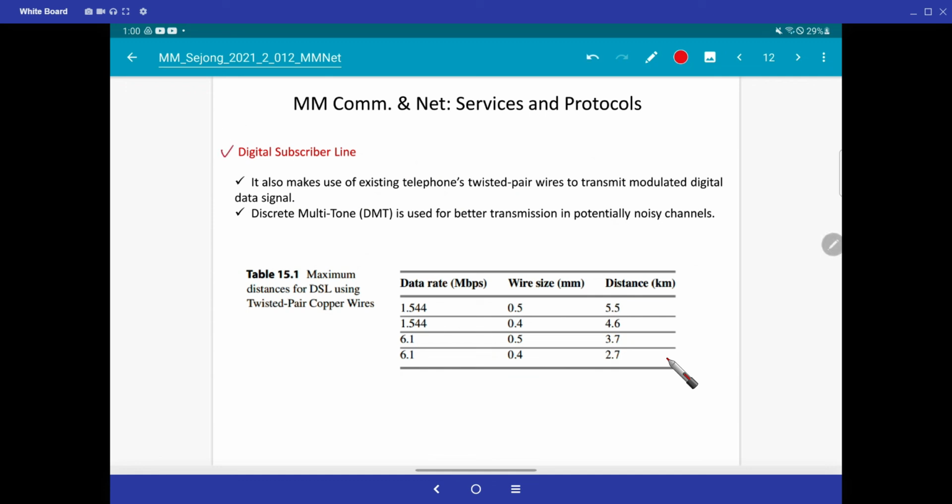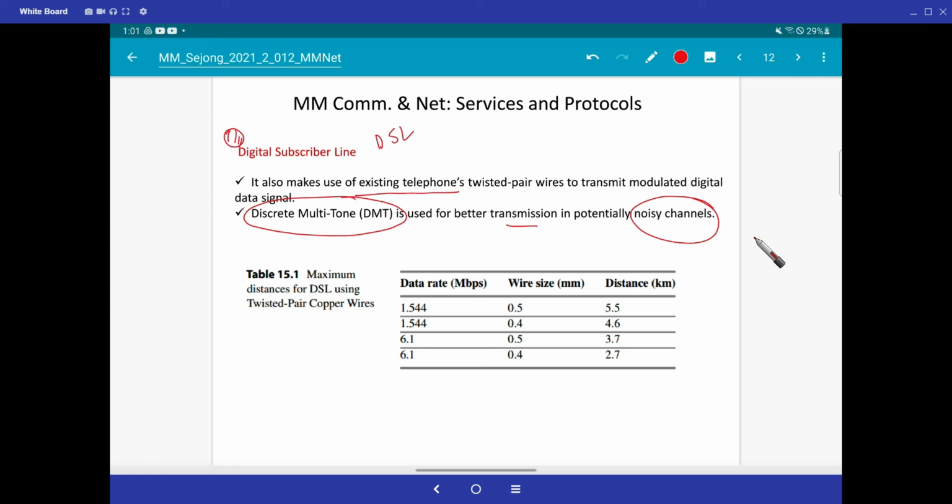So now the thing that came is digital subscriber line, or DSL. This is definitely an access network technology. It also uses the existing telephone line to transmit the modulated digital data, but it uses a very sophisticated technology called discrete multitone technology. This discrete multitone technology was used for better transmission, even in noisy channels. That's why it provided